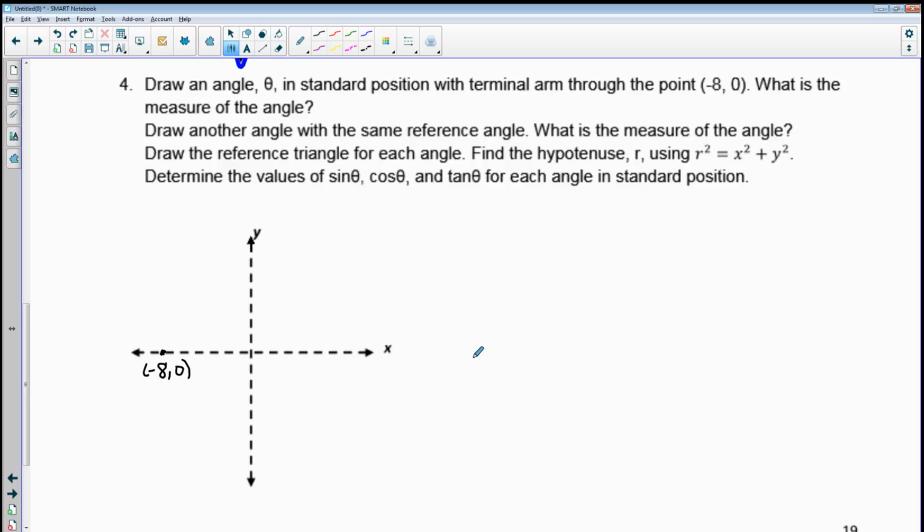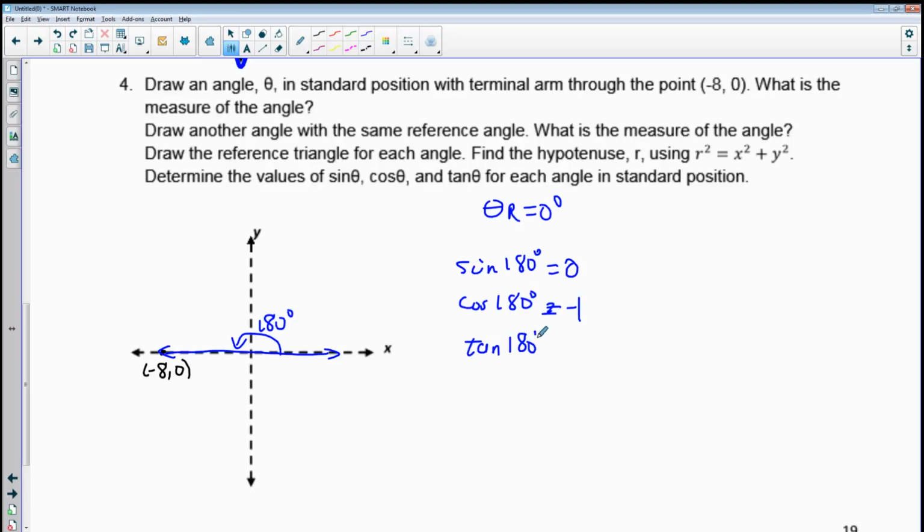I'll let you do the same thing here. This time the angle is actually 180 degrees. What are the trig ratios? Just to help you out, the reference angle is actually 0 degrees. And our conclusion is sine of 180 is 0, cos of 180 is -1, and tangent of 180,